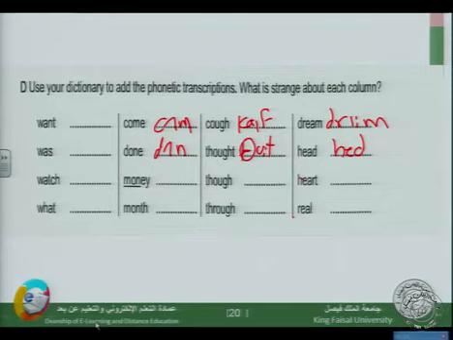Hopefully you have found these exercises helpful for the final test, and hopefully you have found the phonetic course as helpful as any other English courses. I'm pretty sure that the English phonetics course is very important for any English student who is trying to be a specialist in English. Why? Because it helps him or her to pronounce words, phrases, and sentences correctly and accurately. And at the end, students will be able to speak